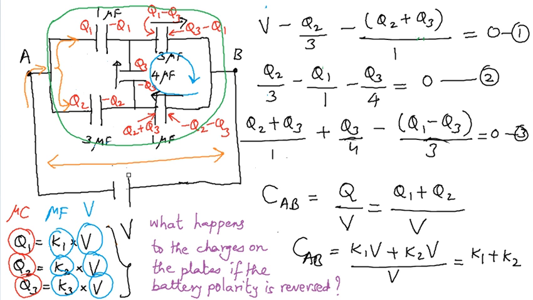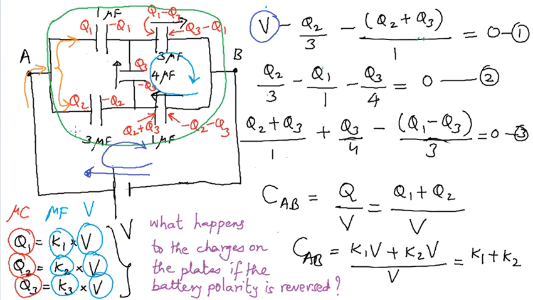We will now try to understand the reason for this result. Let me get back my original circuit for the time being. So the battery polarity I once again reverse, and of course this becomes the positive terminal and this becomes the negative terminal. Now have a look at equation number 1. Let's try to recall how we got it. We traveled through this lower loop in the clockwise direction and we measured the total potential difference. We equated it to 0. Now when we traveled through the battery from right to left, the potential difference we encountered was of course V, and that is the reason for this term over here.